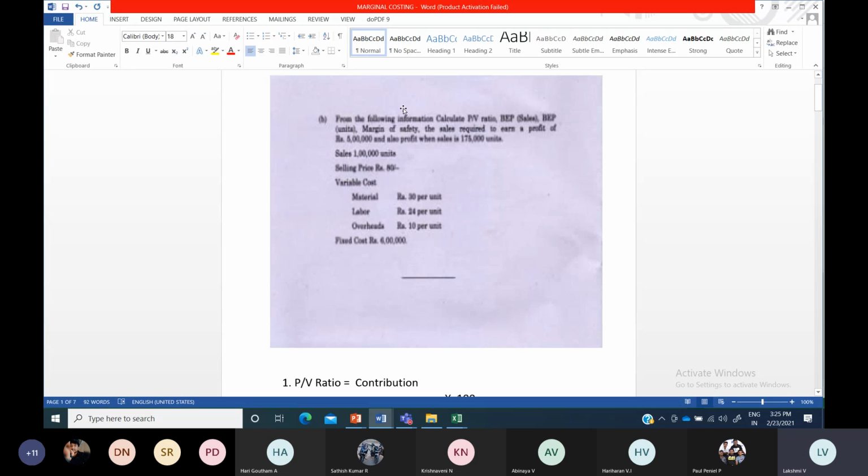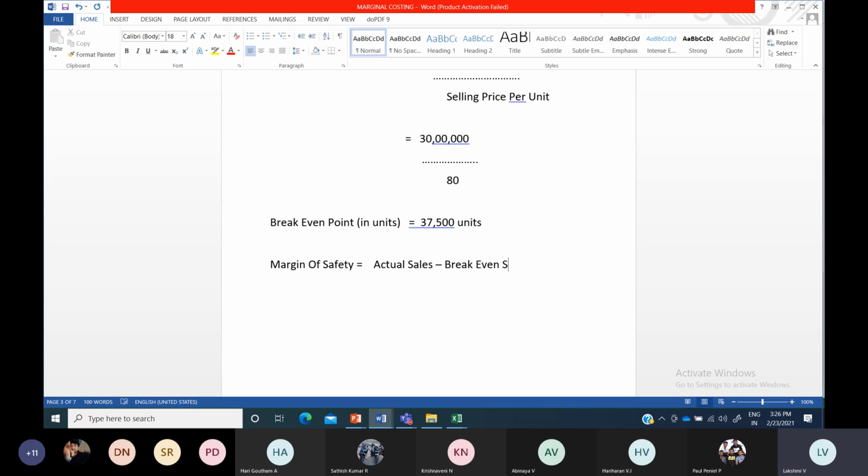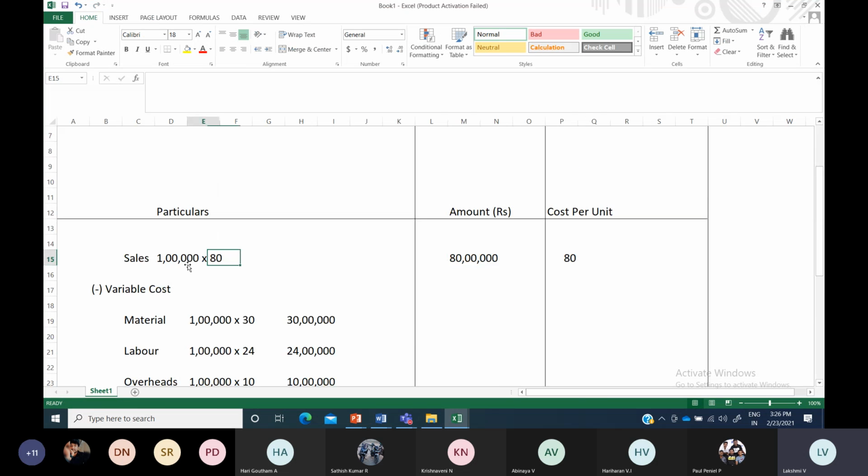Okay. So next is your margin of safety. This is very, very simple. Margin of safety, how to obtain that. So the next formula is the margin of safety. Margin of safety, MOS formula is actual sales minus break even sales. Actual sales will be available in your question. In that statement also you can refer. See here, actual sales is 80 lakhs. Amount you have to find out. So sales amount, if you see, it is 80 lakhs.